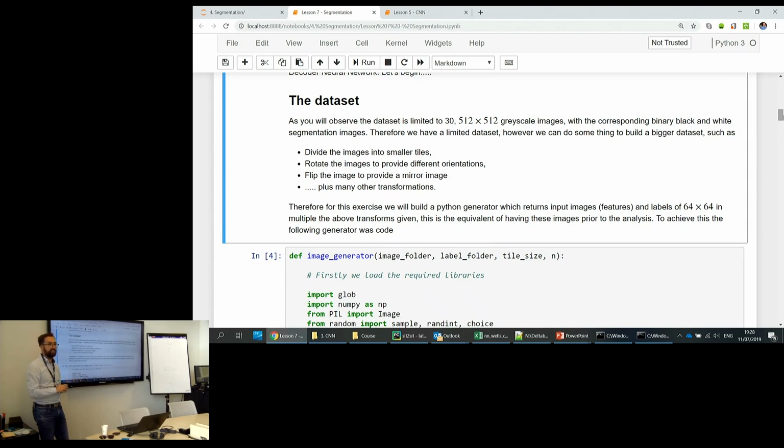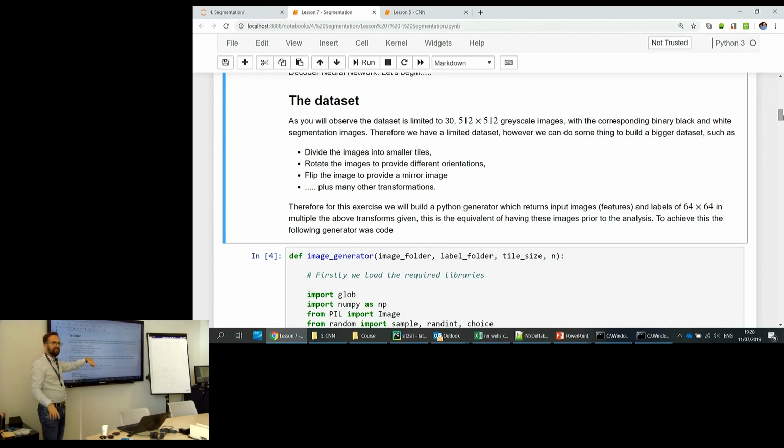It doesn't, because the cell wall is the same no matter what angle we put it at. So we've got 0, 90 degrees, 180 degrees, 270. We can go all the way around, and that essentially is 4 images. So by splitting these images into tiles, we're going to have 64 by 64. So we've already increased our